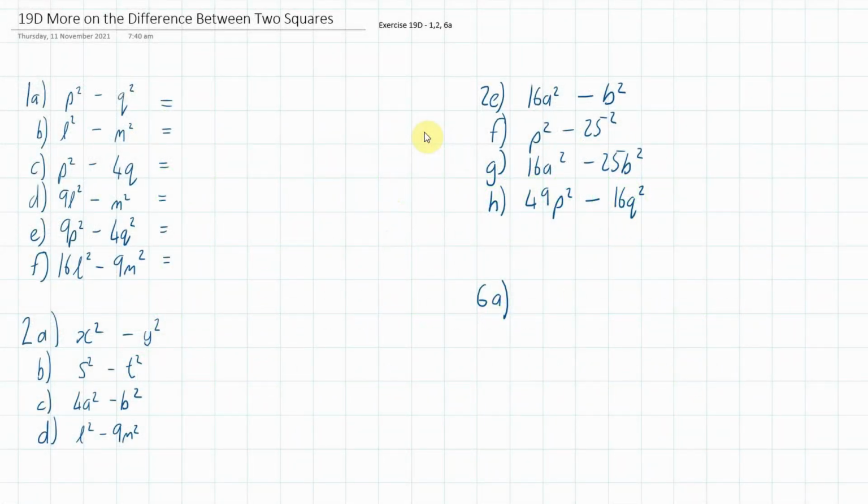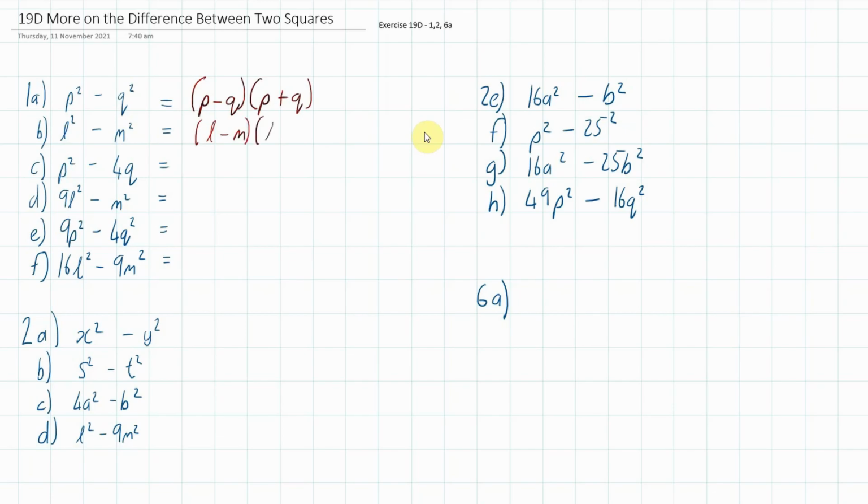We are looking again today at the difference between two squares, and we're just applying that method that we learned in the previous video. So here I'm just going to work through the questions that I've set for you. I've got them written out here. We'll start with 1a, p squared minus q squared, and we can rewrite that as (p minus q)(p plus q). The second one, L squared minus M squared, again we can write that as (L minus M)